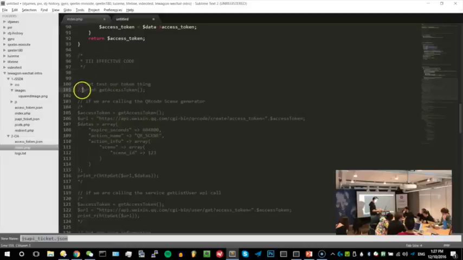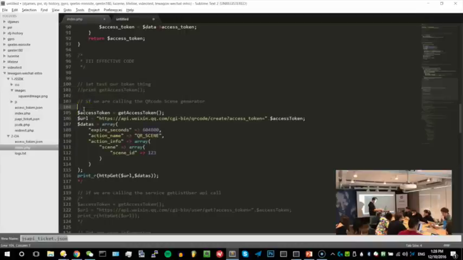So the first thing we want to do is get our access token. So we just, no, that's not this one. This one is printing. I'm gonna do that. I'm gonna explain this code to you. So the first one is we're just gonna put it inside a variable called access token. I should zoom in a bit.